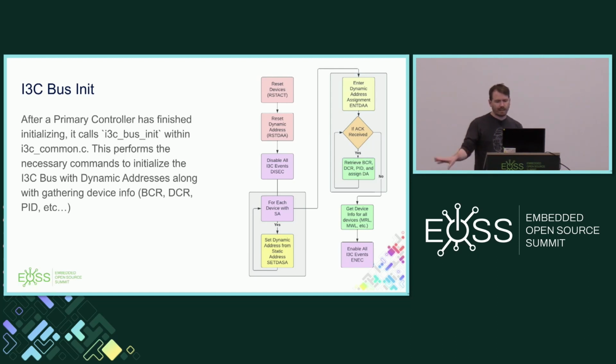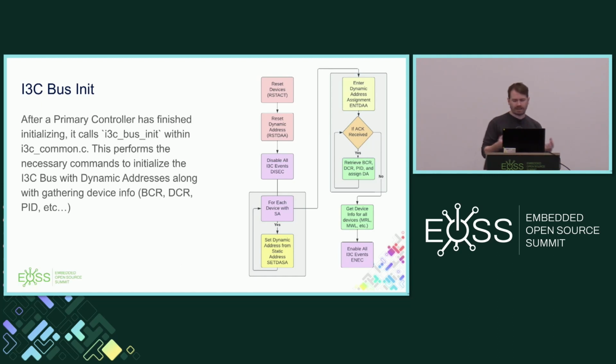Then it moves on to the next stage, which enters dynamic address mode. This is required by all devices, even devices that do not have a static address. This sends out a broadcast saying, hey, anyone need a dynamic address? If it gets an ACK, then it's up to the